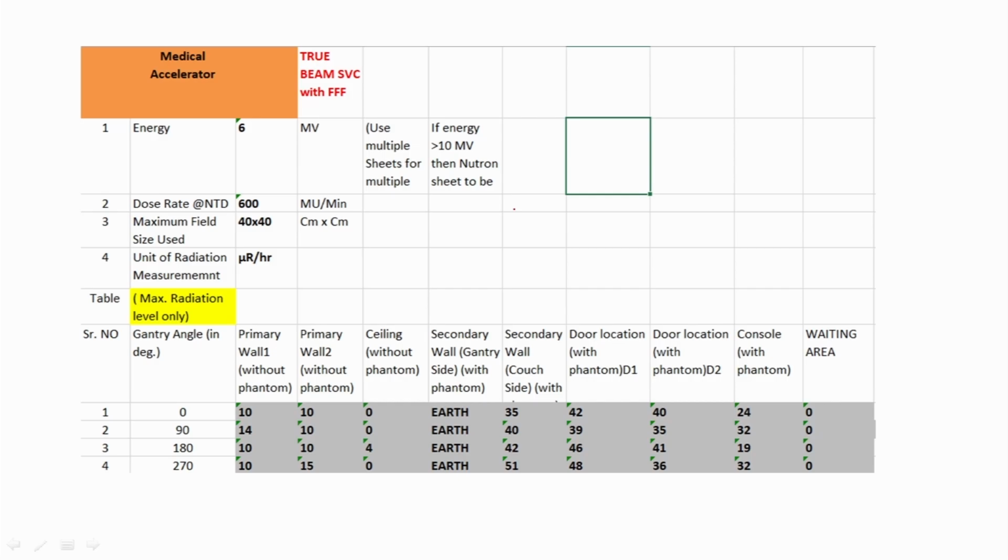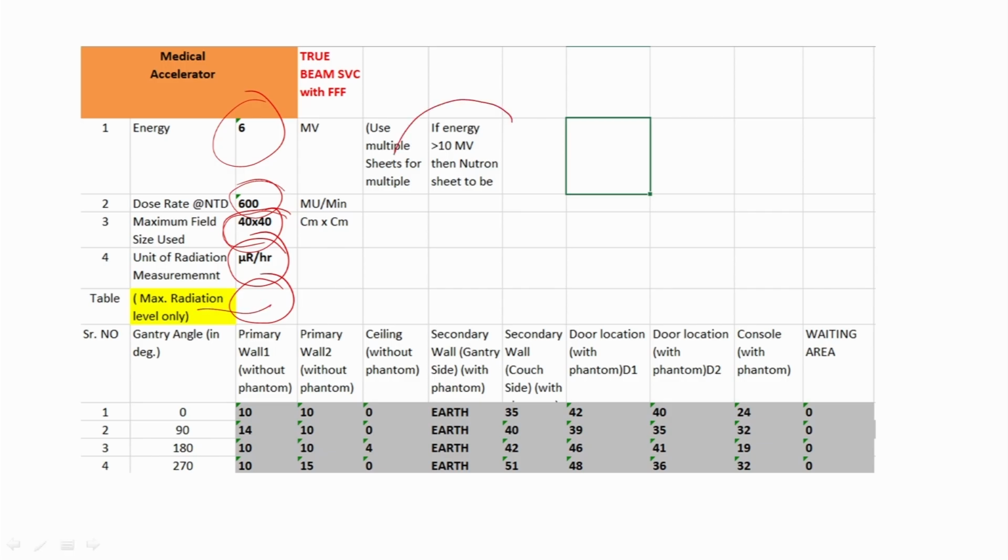You can look at the picture. Here you have to mention the energy for which you are performing the radiation survey. Then you need to measure. As I said, the maximum field size in the case of a linear accelerator is 40 by 40, with maximum dose rate. The radiation unit in which you are measuring is generally mR per hour or microsievert per hour, and here you have to write down the maximum radiation level of your whole survey for that particular